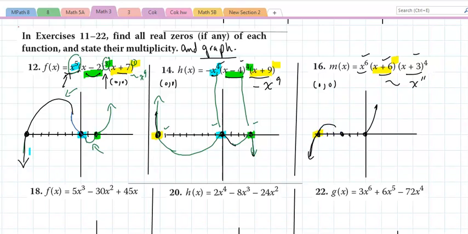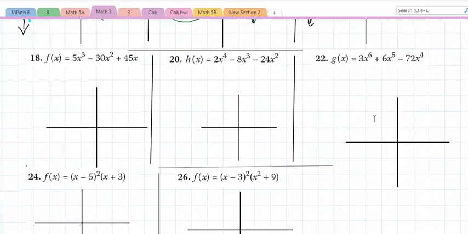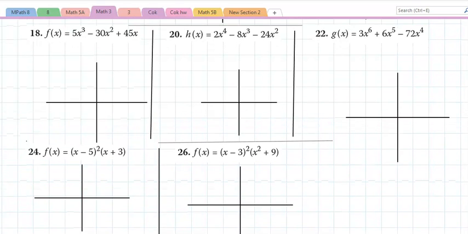Now, this is right there, has a multiplicity of 4. So I'm going to make that look like a parabola. There we go. And x equals 0 has multiplicity 6. Also, I'm going to make that look like a parabola. And there it is. And what if they give us a problem like